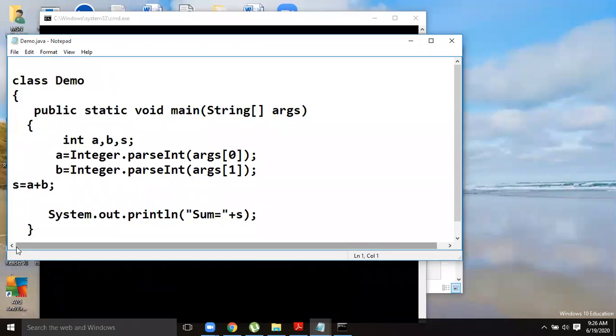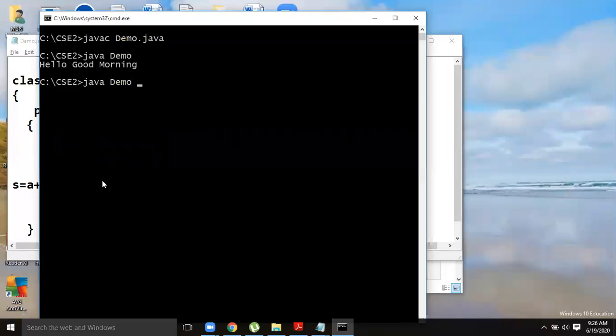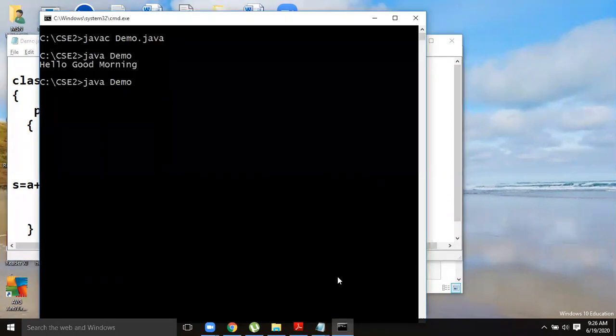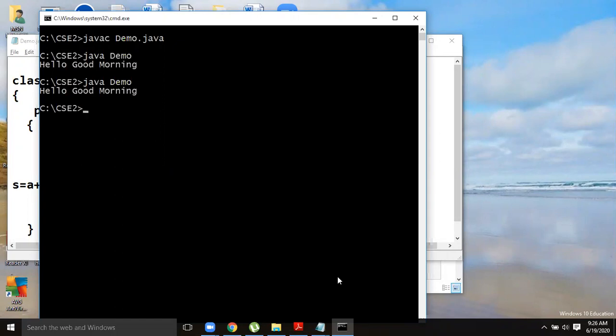Let us see. This is one way of taking the input. I should not press enter yet, because I have to give two inputs as arguments. You are expecting two arguments and converting them into integers. First of all, if any change occurs to your program, you must compile it first.